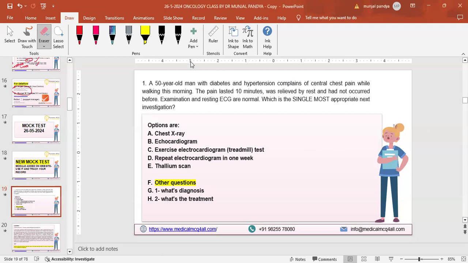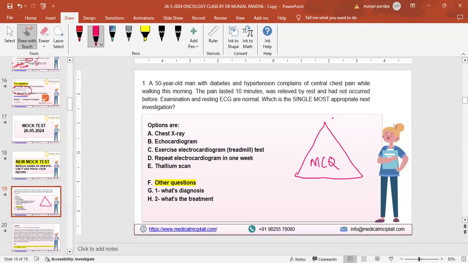Meanwhile, I'll tell the new doctors who are joining for the first time: whenever you start your MCQs, always remember this triad. It is an extremely important triad for MCQs. When you are solving an MCQ, you must know the diagnosis, so what this patient is suffering from. To reach the diagnosis, how do you investigate this patient, and once you have diagnosed and investigated, how are you going to treat this patient. You must know in each MCQ three parts: the diagnosis, the investigation, and the treatment.